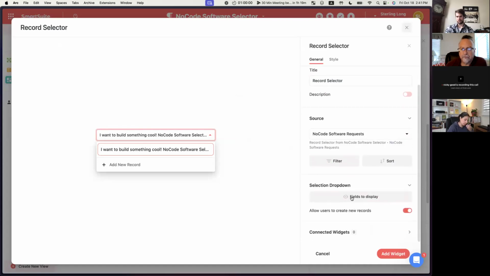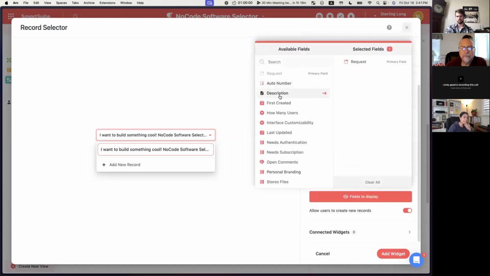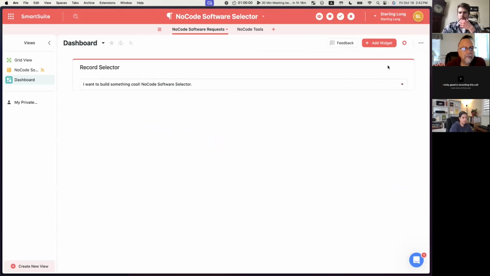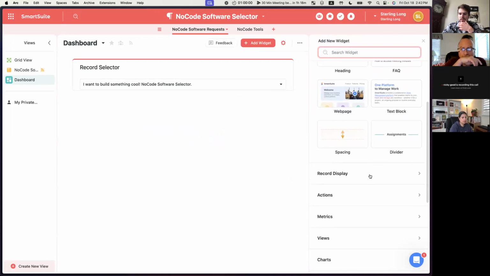And in the selection dropdown, I can select fields to display. I guess the request, the primary field, is already there. I don't really care about anything else, so I'm just going to stick with that. I'll just click on Add Widget. So now we have a record selector. Now we're going to add, I believe,